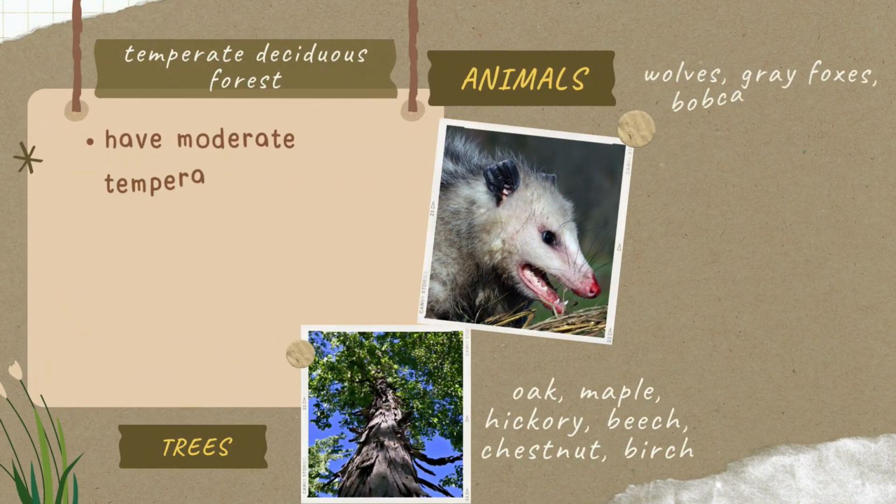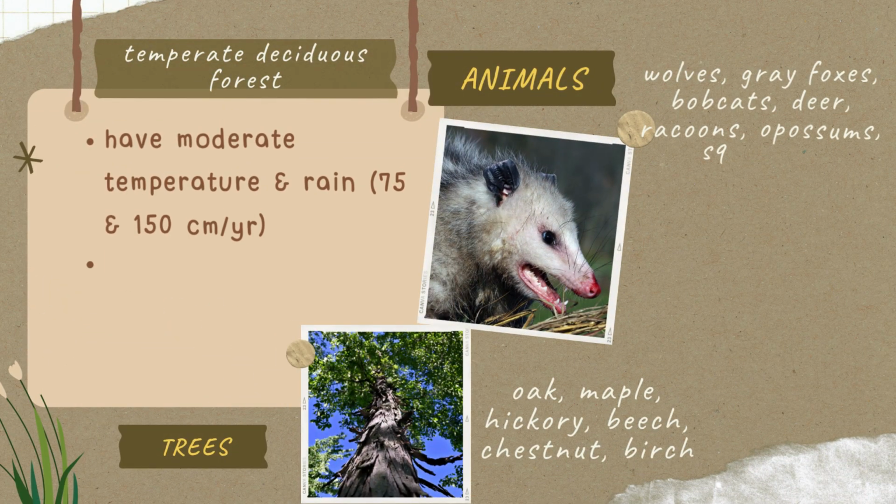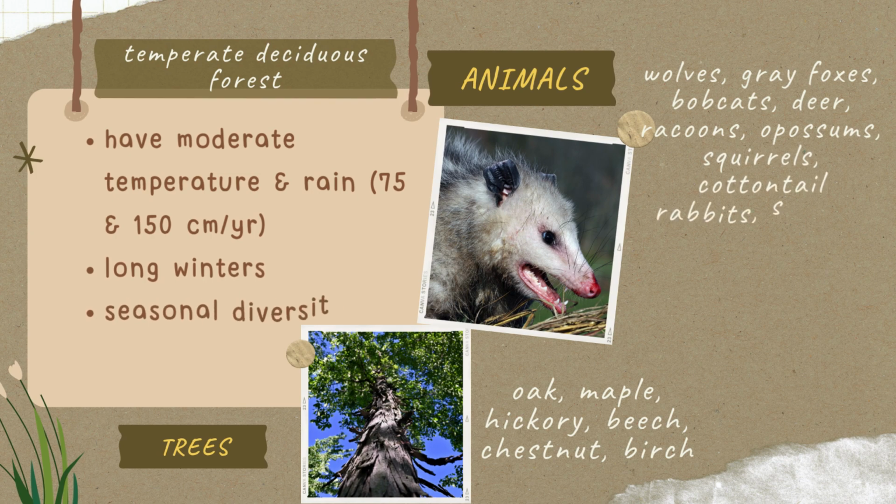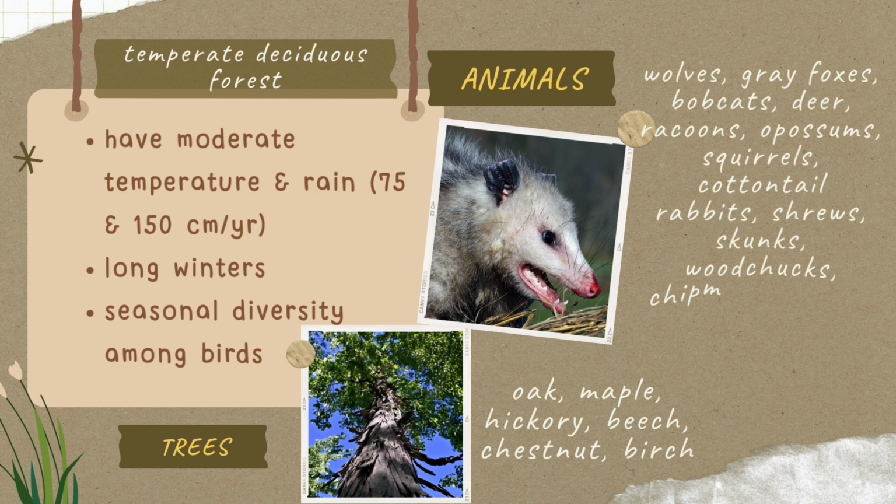Now, when we say temperate deciduous forest, again, if you are to recall the climate zones, when we say temperate zone, these are the areas that experience what? Intermediate heat distribution between the polar and the equatorial or tropical region. So therefore, it has moderate